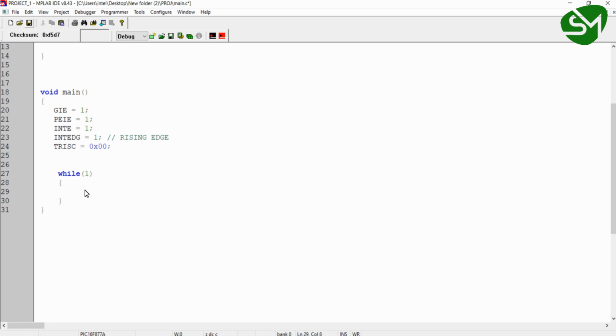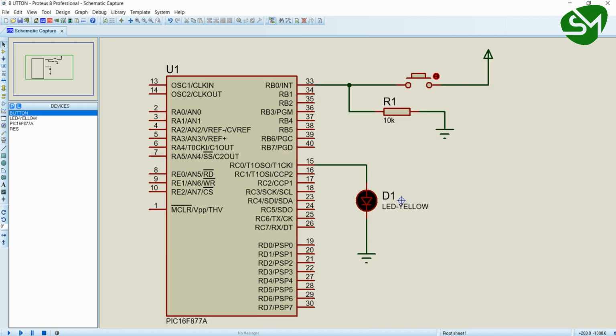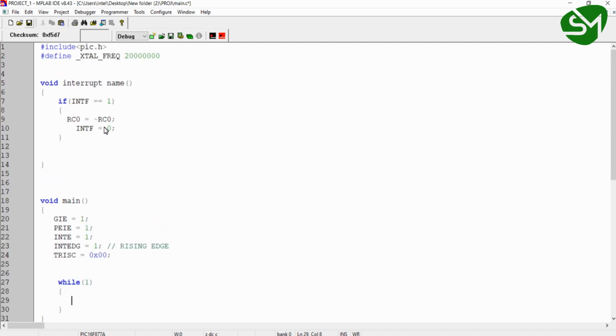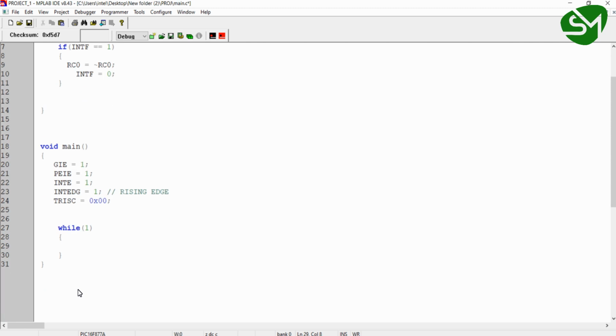Whenever a rising edge pulse is given to the RB0 pin, the external interrupt pin of the microcontroller, the processor pauses all the process it was doing here, goes to the interrupt function, and executes all the lines over here. Once these lines are completed, it comes back to the main function and resumes the process here.